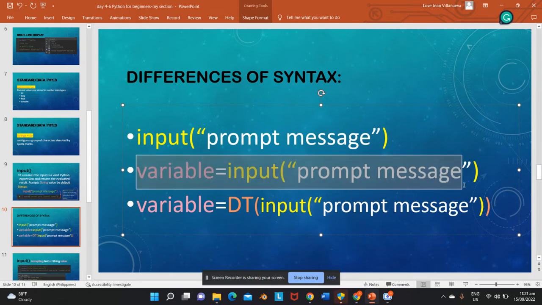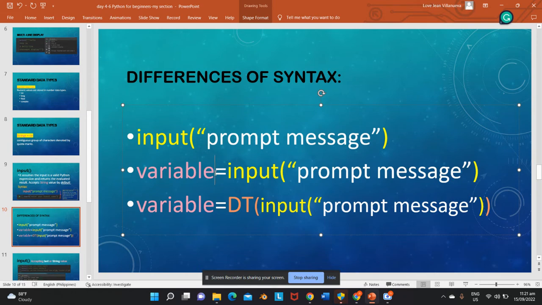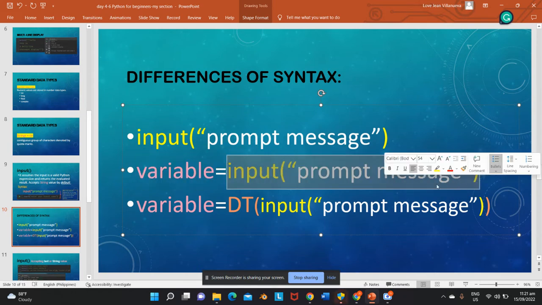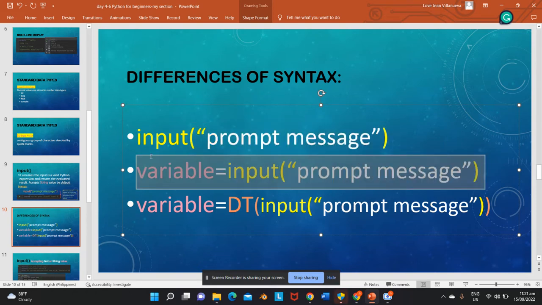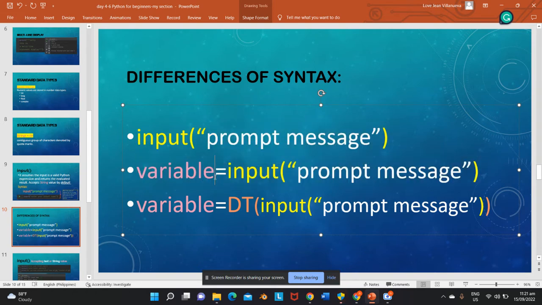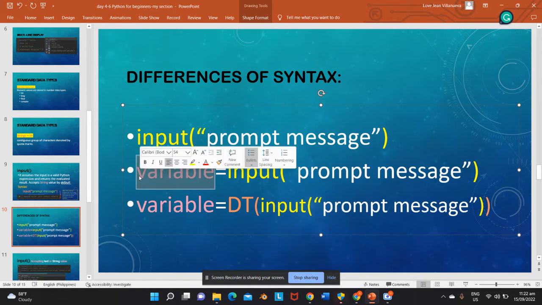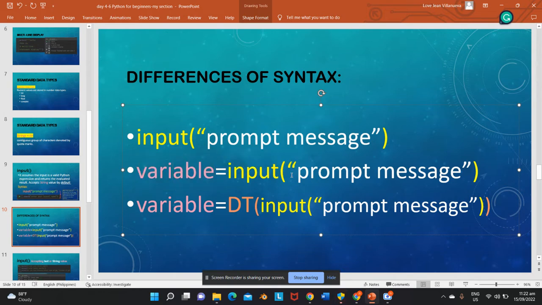So, next, the second syntax is this one. You are assigning a variable to the input. Okay? So logically, in this syntax, you are assigning any variable that you define, which will be the name of your variable, and it will be the container for whatever you enter here. Okay? So, since you are asking for a message,